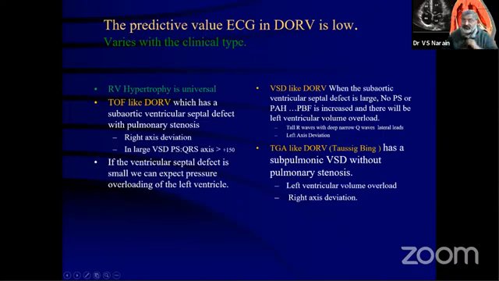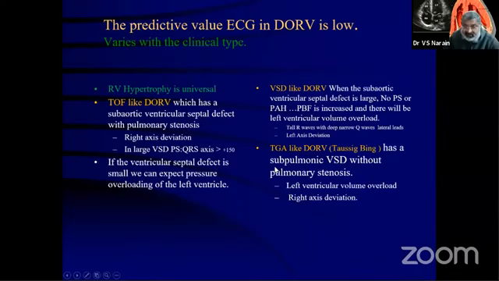So even in tetralogy physiology, if it is a pink type of tetralogy physiology, you can get Q waves in V5, V6. Similarly, if it is a VSD type double outlet where there is a subaortic VSD but no PS, there is volume load of the left ventricle because of the increased pulmonary blood flow, with left axis deviation. Here, the axis was rightward. So if you have a double outlet with left axis, it is without pulmonary stenosis. If a double outlet with right axis, it is tetralogy, that means with pulmonary stenosis.